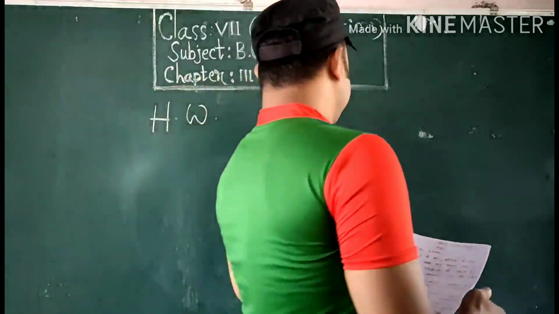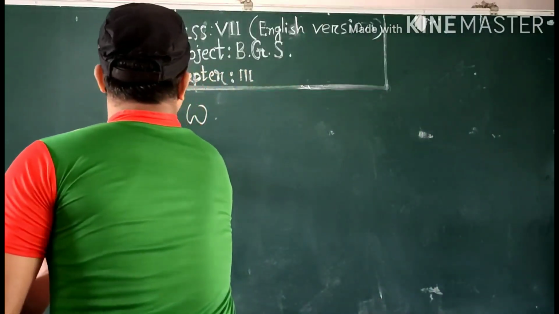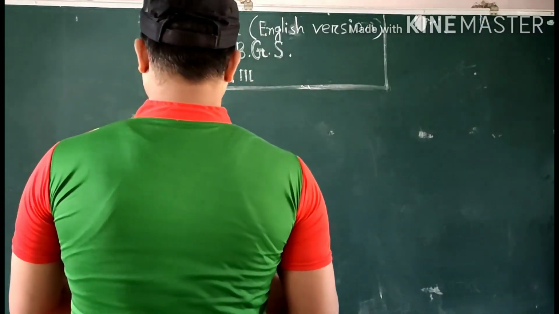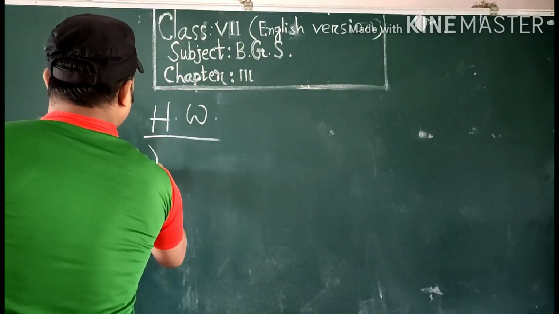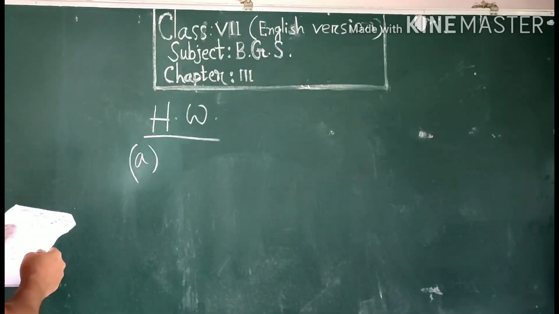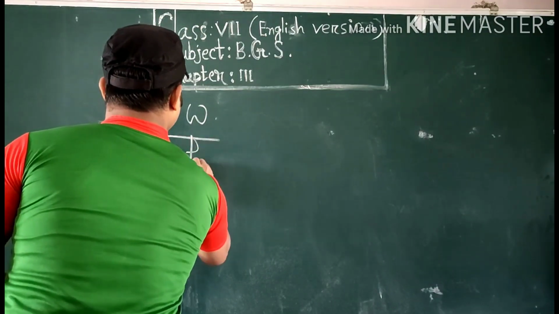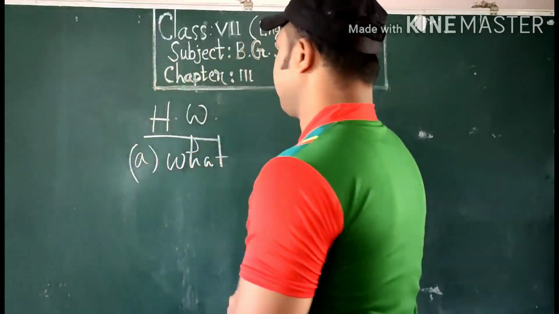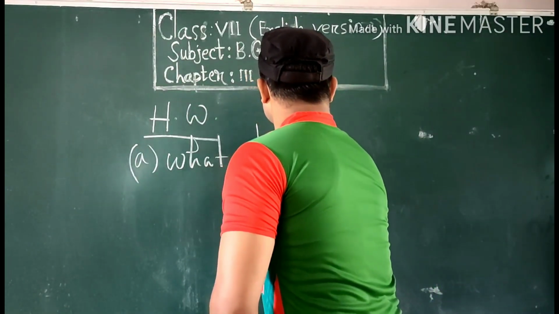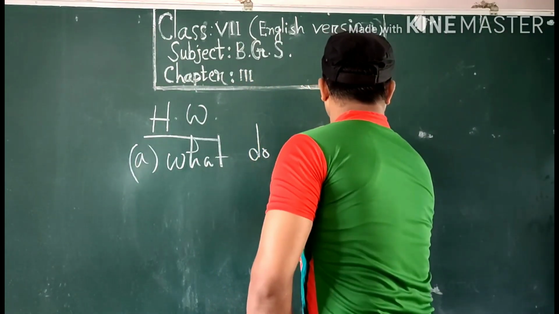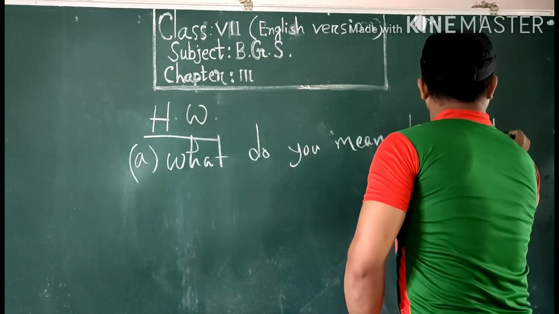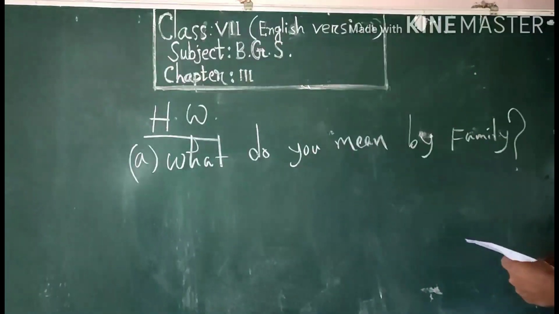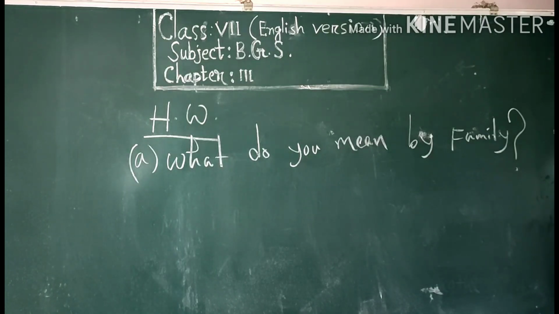So, my dear students, homework. Let's see which questions are selected for homework. Question number A. The first question is, what do you mean by family? That's why you have to write the definition of family here. And the second question is,